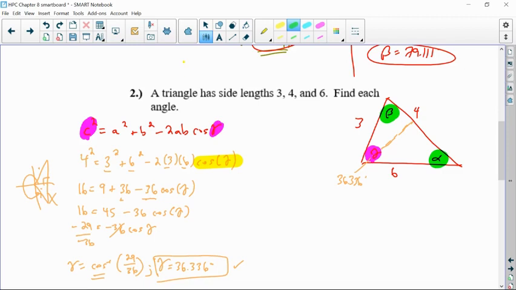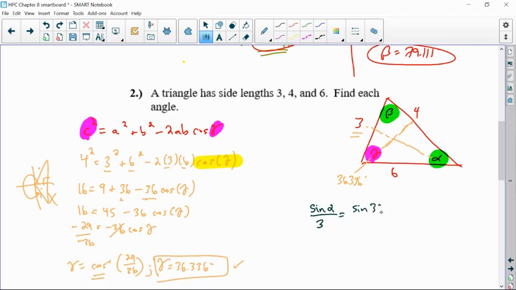But if you're introducing that into the problem, you, being a smart mathematician, know that there's two possible answers. So between alpha and beta, I want to choose the acute one. And remember, the acute one's opposite the smallest side. Since 3 is the smallest side, I'm going to choose to solve for alpha. So I'm going to say sine of alpha over 3 is equal to sine of the angle I just found